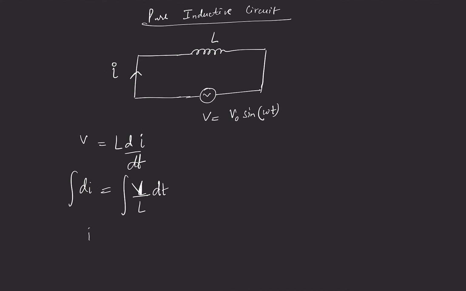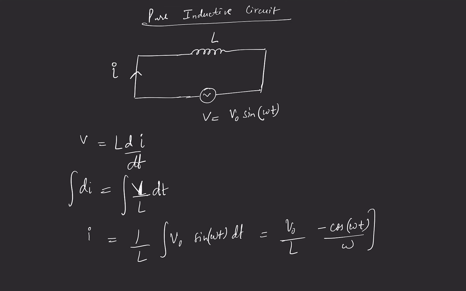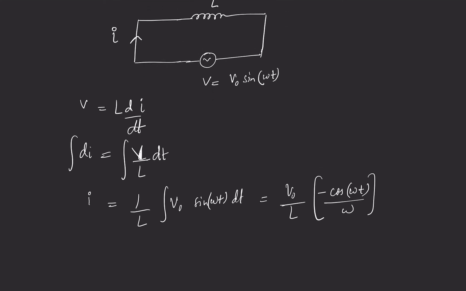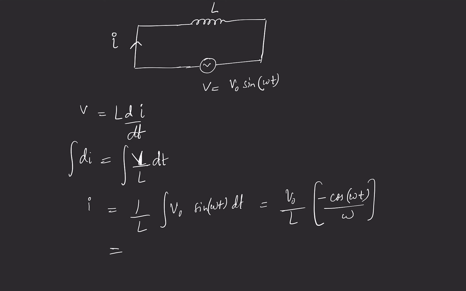So this will give the instantaneous current, which is equal to, since L is constant, V is not constant, so we'll integrate V. Since V naught is constant, we'll take that out, and integration of sine omega t is minus cos omega t by omega. So this gives us the value of instantaneous current, and we can write this as V naught by L omega